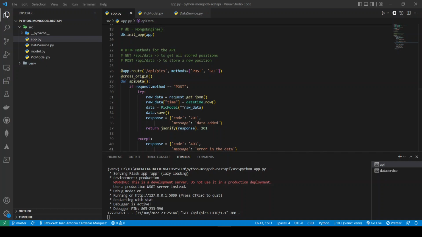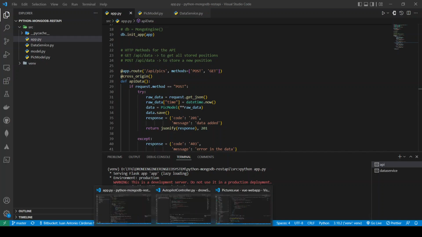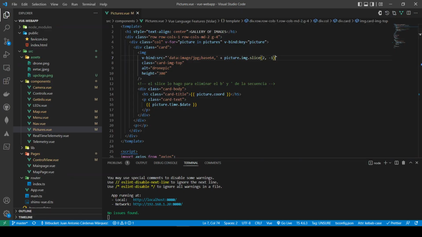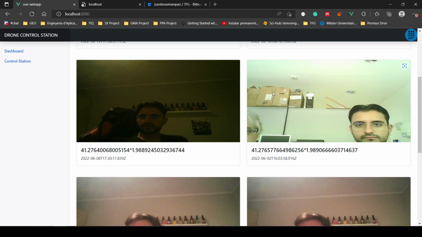Well, hello. In this video, I'm going to give the very basics to use and consume an API with our Vue application. In my case, I have a gallery of images taken by the drone. In this case, I've been playing with my laptop camera